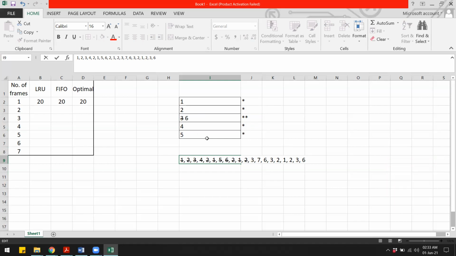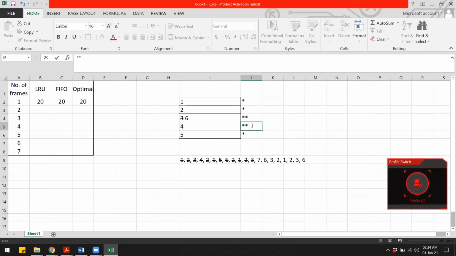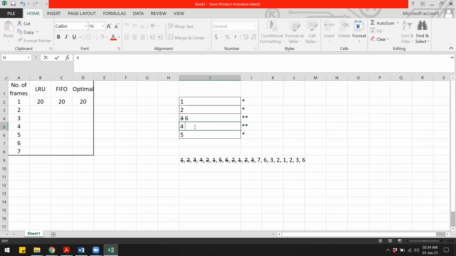So we'll need to remove one from this. Now from 1, 6, 4 and 5, which are in the memory, which one was the least recently used? From this, 2 was used, 1 was used, 6 was used, 5 was used, and 4 was the least recently used, because 4 is the furthest away from 3. So we will remove page number 4 and bring in page number 3. A page fault happens and then 4 is removed and replaced with 3.